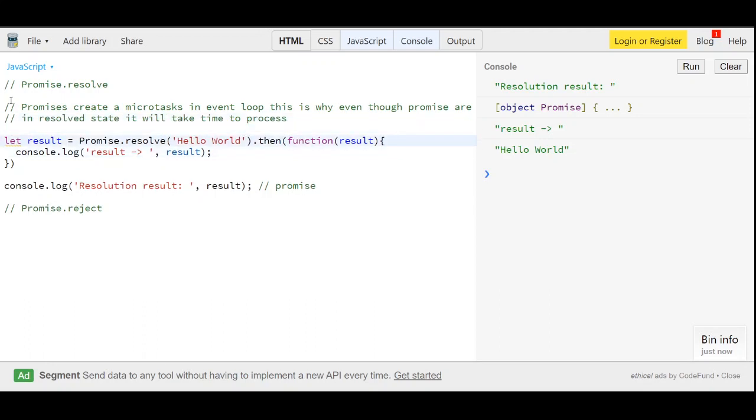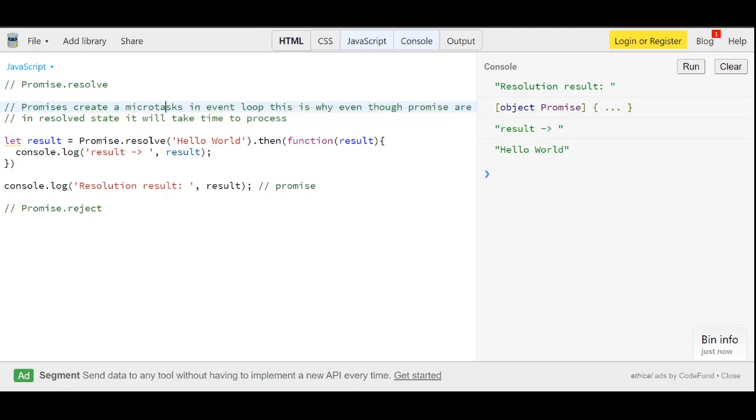I'll cover this in the next videos, when I cover promises in depth at an advanced level, where I'll tell you how promises are built in the C++ language and what these microtasks are. But right now you can consider this a microtask in the event loop, where the event loop basically checks for each and every task that has to be resolved or rejected, and waits for any task so that it can be proceeded further.